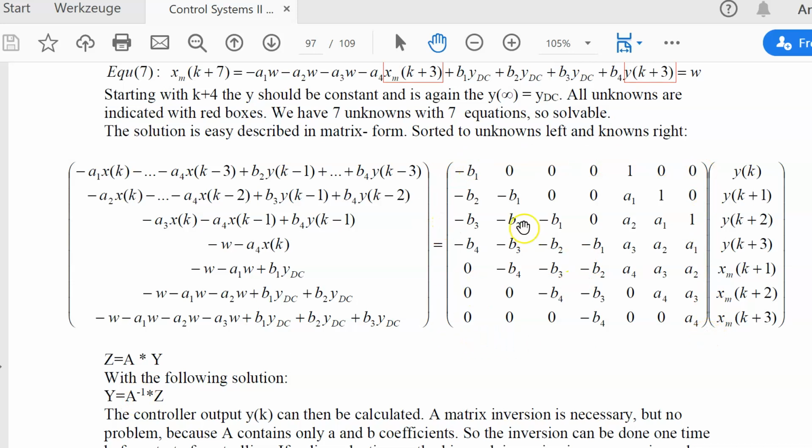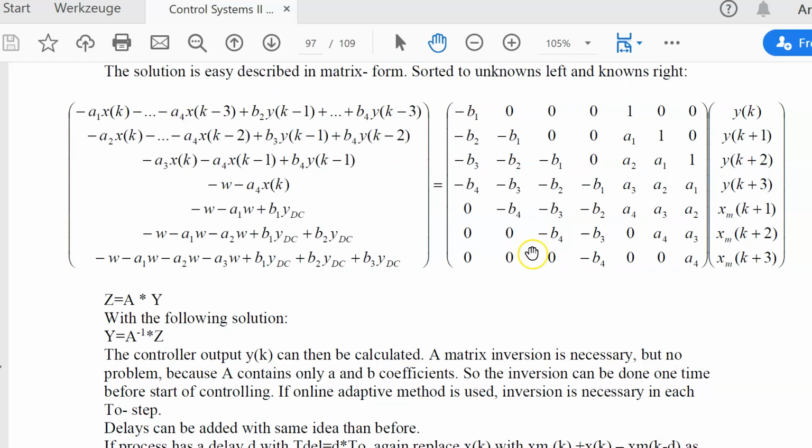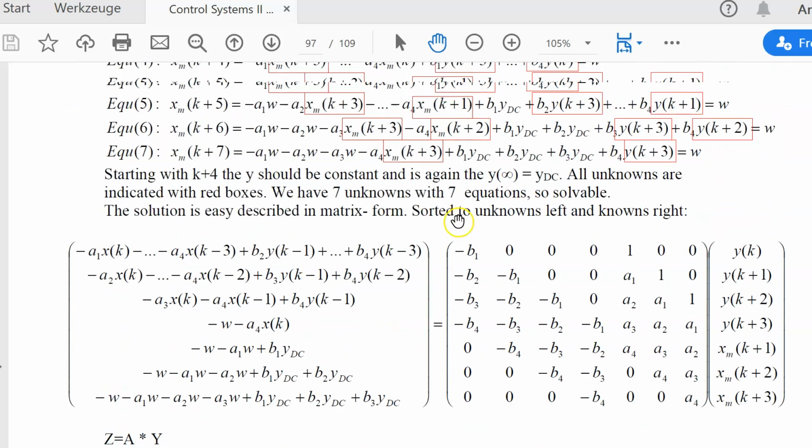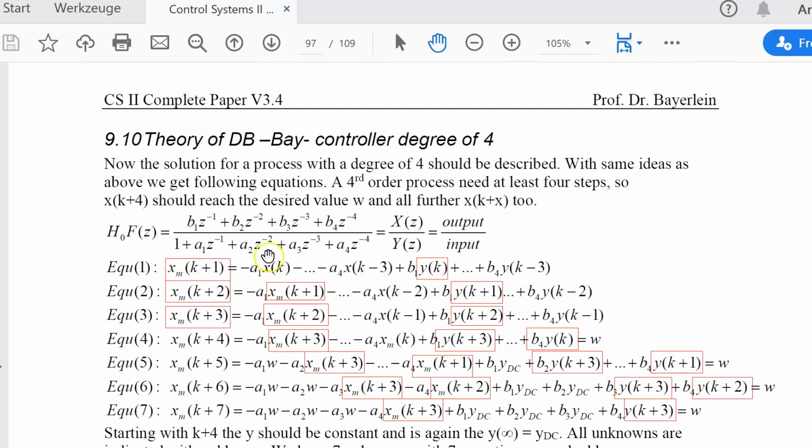This can be inverted. You see this contains no measurement value, so you can do this inversion in a step previous to the start of the controller. You have just to calculate these expressions in each step, and then you can calculate all these values. This is programmed in WinDF C#. I have programmed it, tested it, really it runs, but the model identification of a 4th order model is really